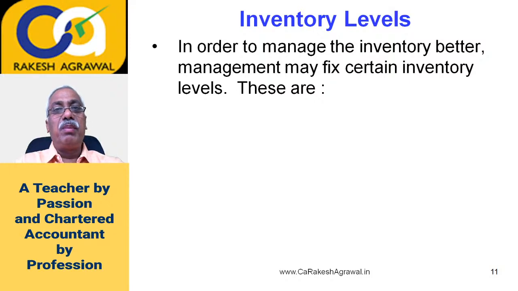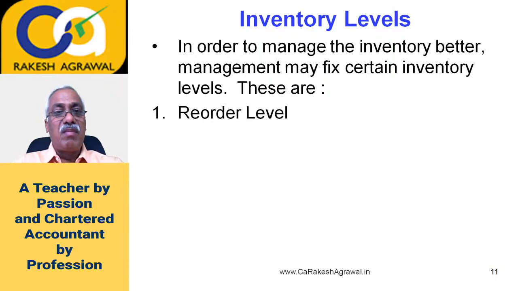In the classroom, if you remember, I had given the example of water levels in the water tank. If the water level goes up, we should switch off the water motor so that there is no overflowing of water. Similarly, when the water level in the overhead tank goes down, we have to restart the electric motor so that again the water gets filled up. As we manage the water levels, in a similar manner in a factory we have to manage the inventory levels. Now what are these types of inventory levels?